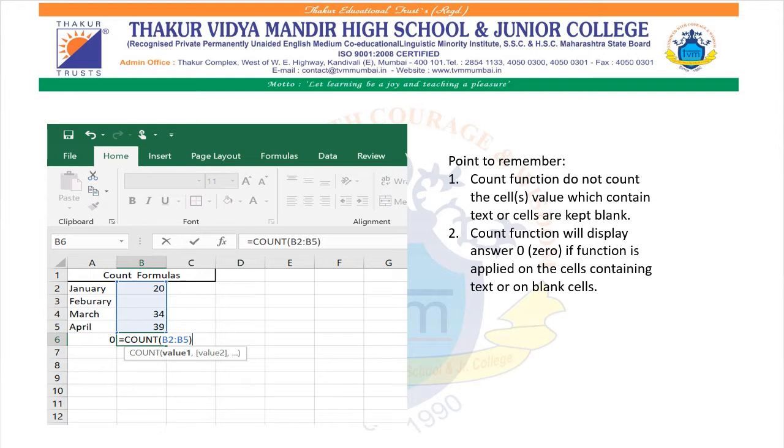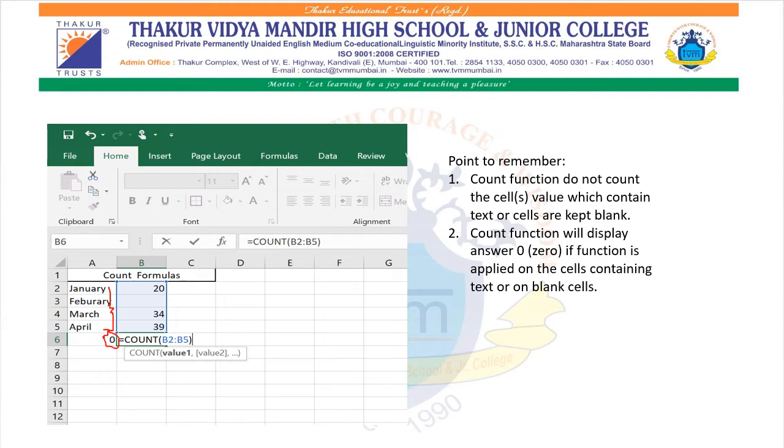The count function will give you 0 if the range contains only text or blanks. For example, in the first row on the screen, from January to April, all the cells contain text. So if you use this formula on the text, you will always get the answer 0. The count function is only applicable to cells which contain numbers.